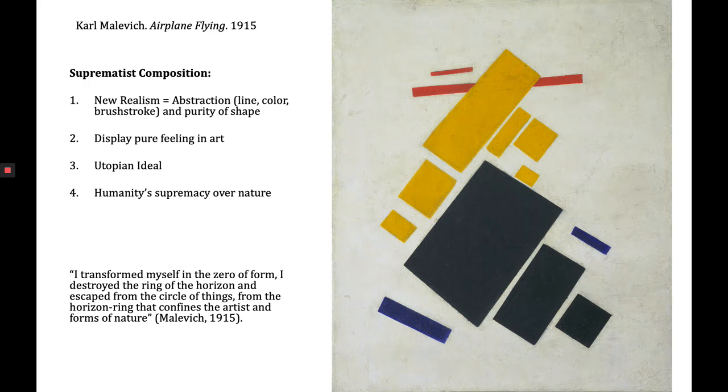He says, "I destroyed the ring of the horizon and escaped from the circle of things, from the horizon ring that confines the artist and the forms of nature." And so it's an idea of kind of freeing the artist from the shackles of representational art. And so just trying to focus more on something different, something new, a new way to see the world. And that new way of seeing the world can then open our minds because we're no longer bound